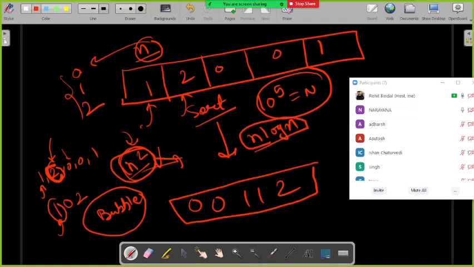Yes. So the simple way of doing this is you can just use the inbuilt sort function, which uses the merge sort algorithm, and that will take n log n time. If you simply sort it, then obviously you will get the output as 0 0 1 1 2. So the time complexity is n log n. Now try to optimize it further. You have to do it in order of n. Now what will you do?